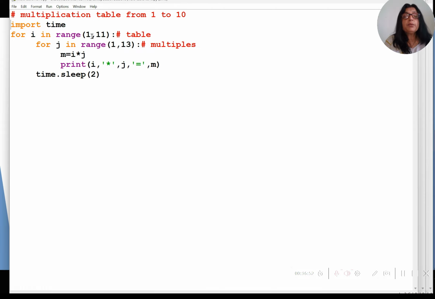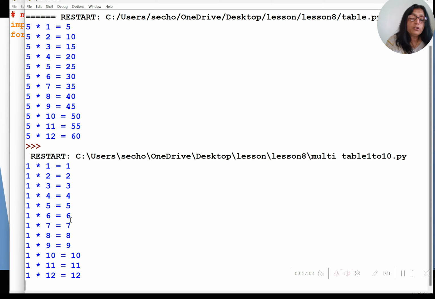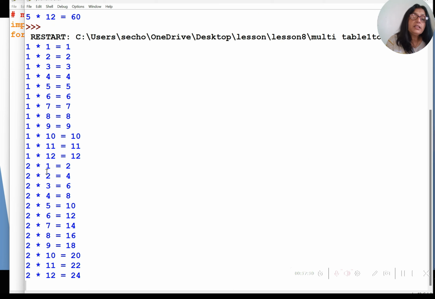So that's why we are giving 1 to 10, where the initial value is 1 and the final value is 10 plus 1, that is 11. So the inner loop is just to find the multiples, the multiplication table. Okay, now when you run the program, you see first it is showing the first table, then